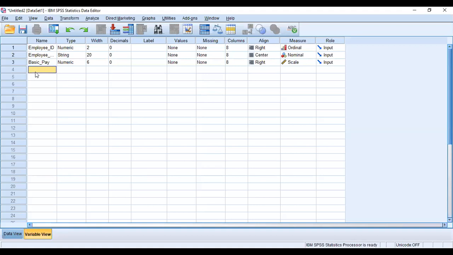Next, see in the question. Next, we are going for extra benefits other than the basic pay. Any other benefits that they're getting from the employer are extra benefits, for example commission, fees, allowance or package. In between the words, we need to apply underscore, don't forget about it. And it is also numeric. Provide the width as 6.